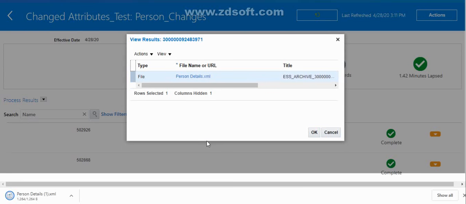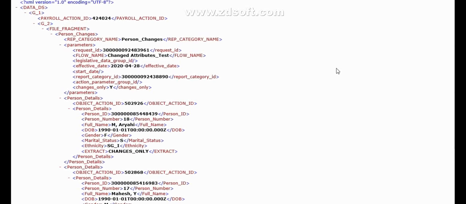But just for testing purposes, we will see our actual results as well, and what person numbers are showing up in the SCM extract. Click on open when done. So this is my data group.